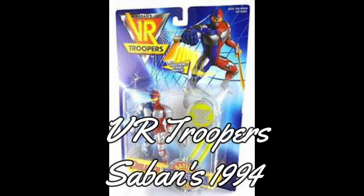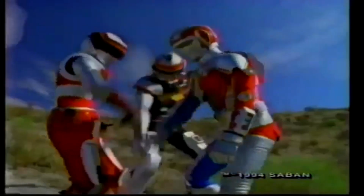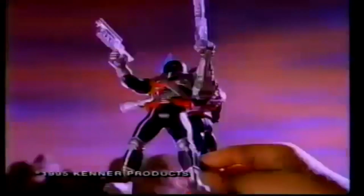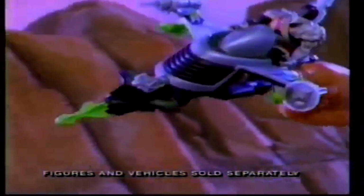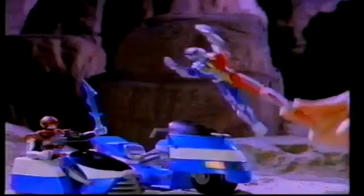VR Troopers by Saban, 1994. For a toy line and television show that barely lasted a year and a half, they released a lot of VR Trooper toys. Just looking at the catalog, there are several series, tons of vehicles, different deluxe modes, repaints, enemies